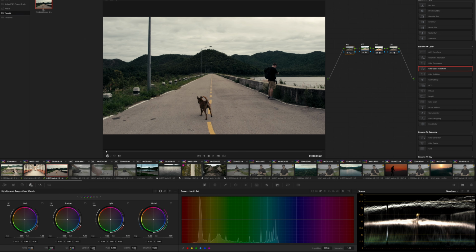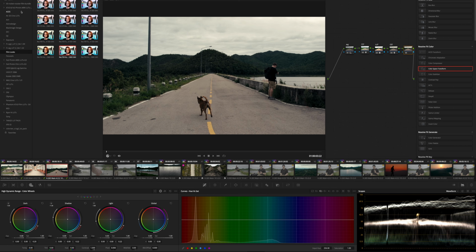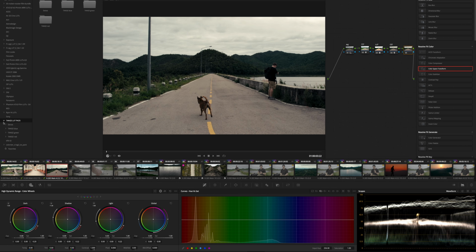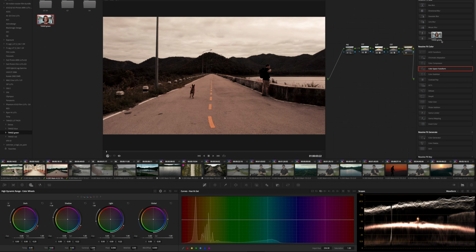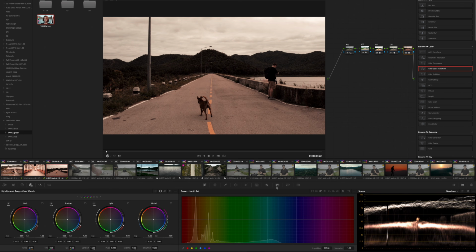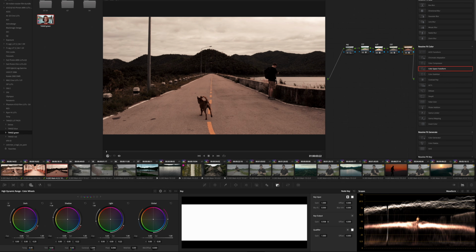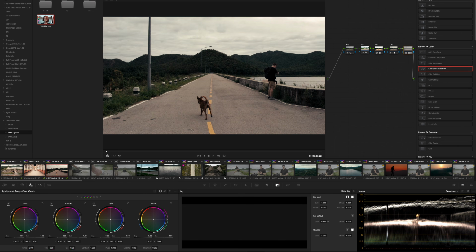Or let's say you want to apply another LUT. For example, if you bought my Tange LUT pack, then you can use these LUTs there, create a node at the very end and apply the LUT and then adjust the gain. Obviously, you don't want to do too much of it. And this is how you can define your look. Of course, DaVinci Resolve has tons of tools. And the nice thing here is that even if you do a super intense color grade that actually takes you some time,